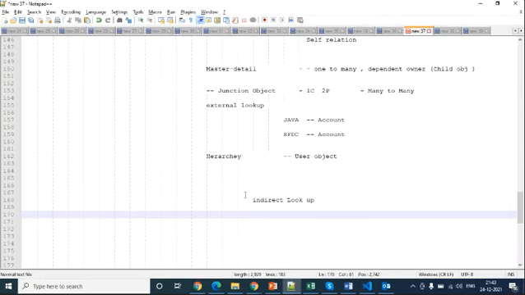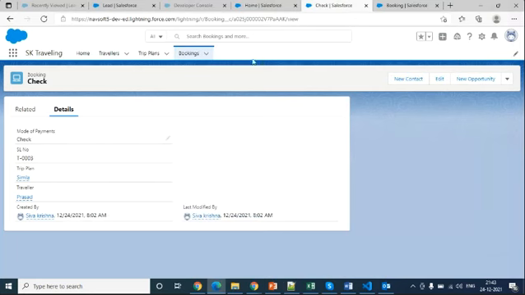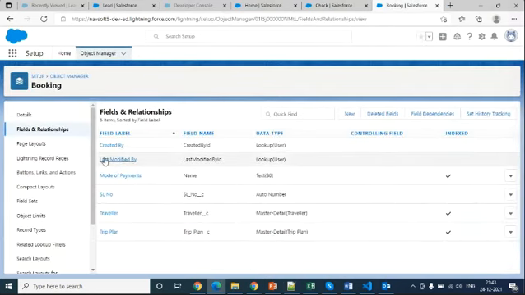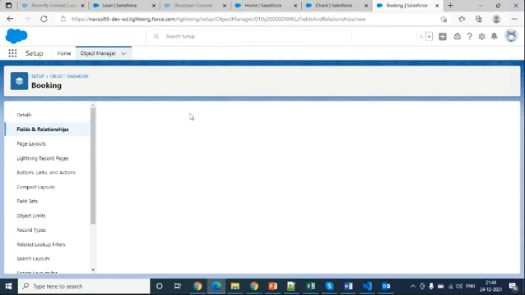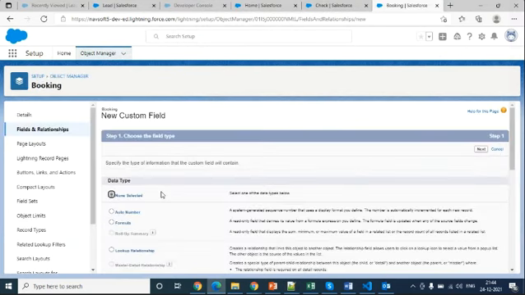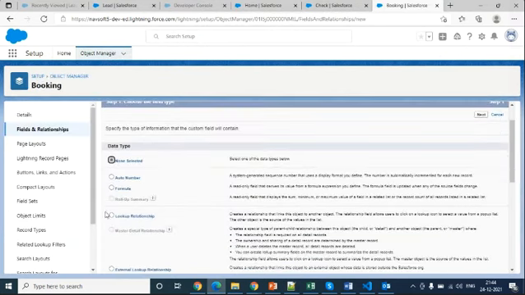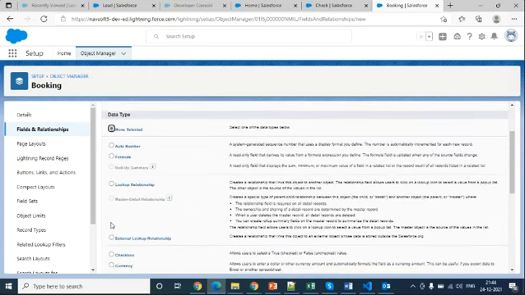See, when you are creating any objects or relationships, whatever is visible over here, only talk about those. Here you can see external lookup relationship, and lookup and master. Only this. All the other things are just concepts. Okay, got you.